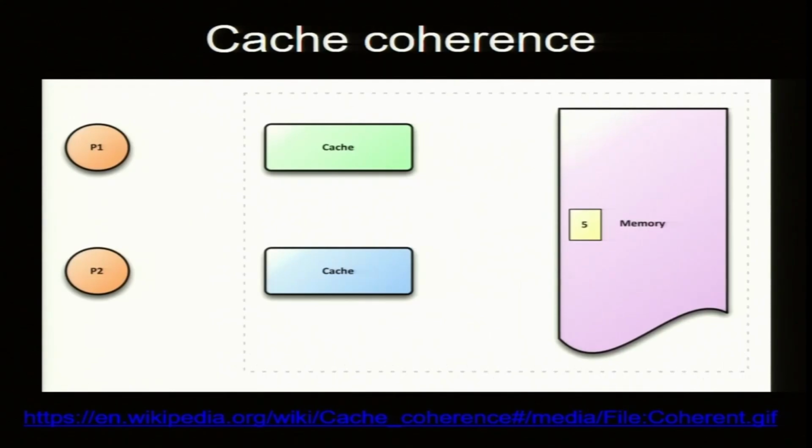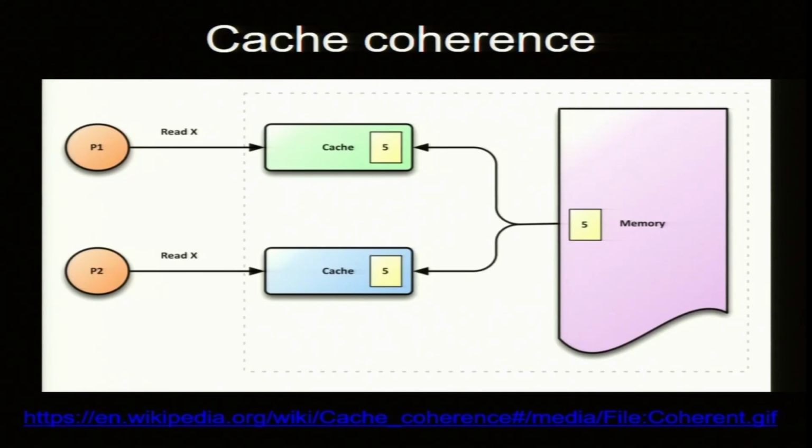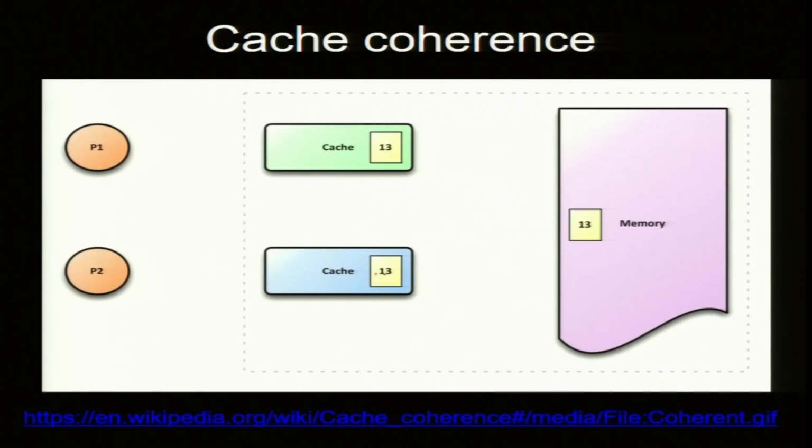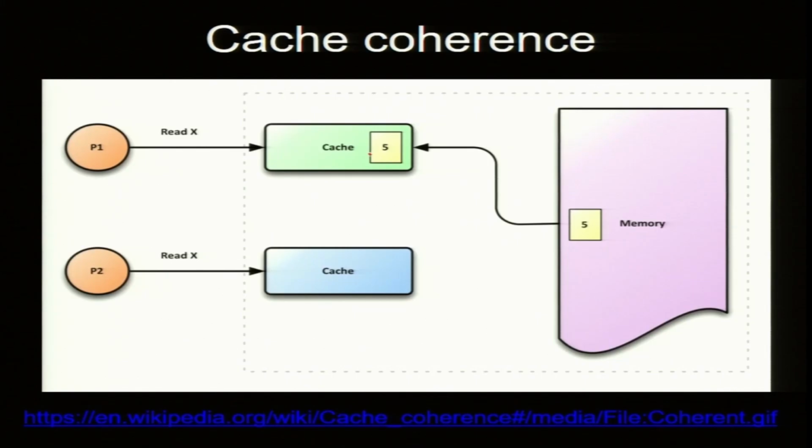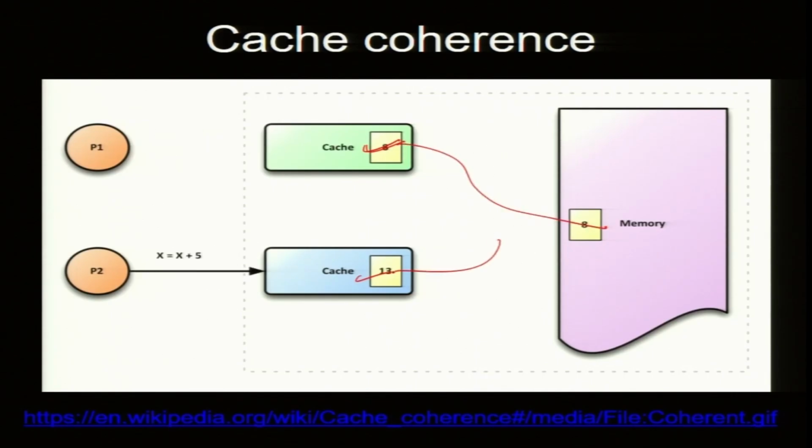So, let us look at the cache coherence issue. Read X, 5, 5, both the caches have it now. The first cache is 8 now, X plus 3, the second one is 13. Let us see again: this became 5, then this became 5, this becomes 8, and 8 is copied back. Then X plus 5 made it 13, 13 is put there and copied back.